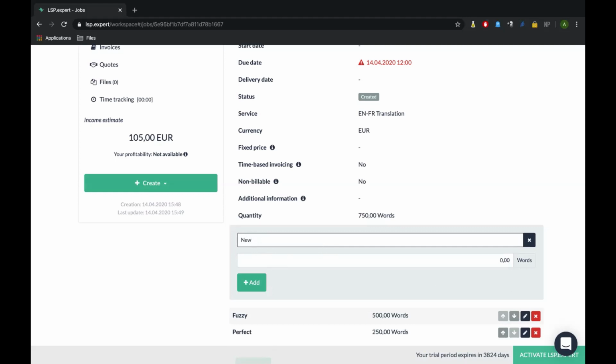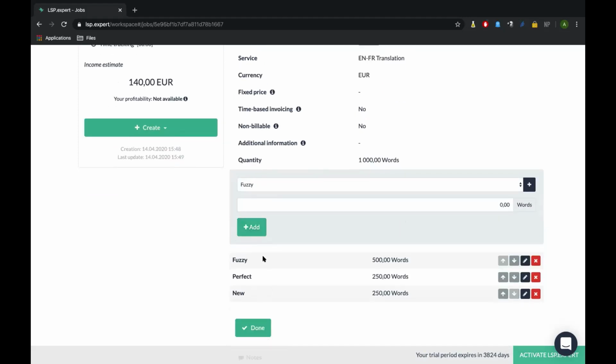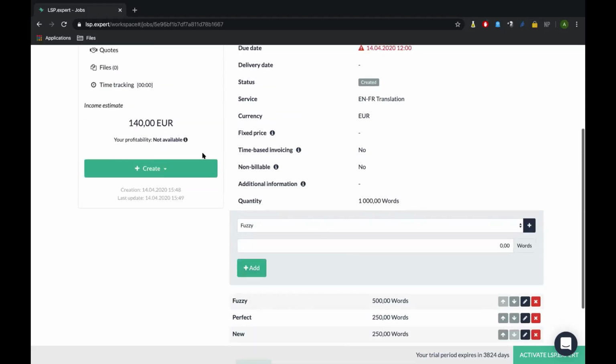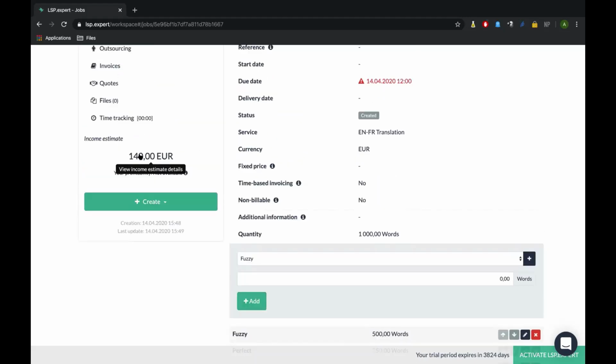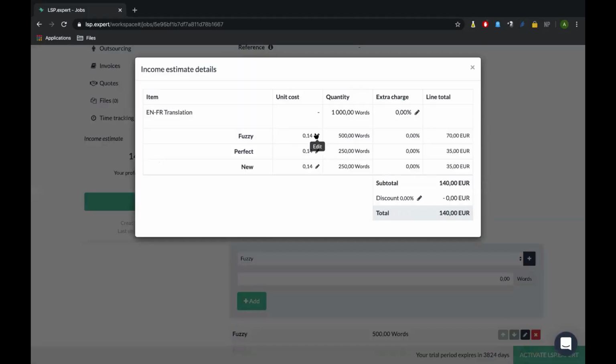So you can see here that I'm adding CAT tools categories. I won't have to do it again because it will be automatically populated to my settings. And I have 250 new words. I add it. You can see that I have all my different types of CAT tool correspondences here, but my income estimate has not been updated yet because I still have to define how much I'm going to rate every type of category.